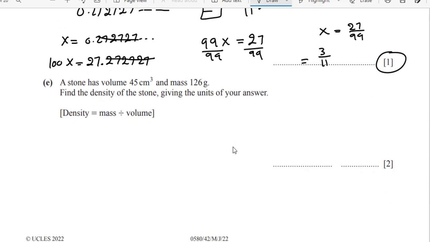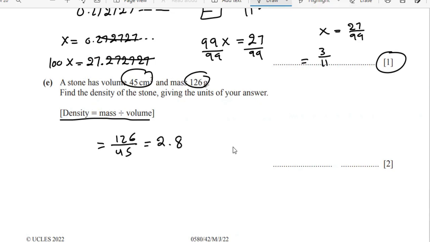The next question is, a stone has a volume of 45 centimeter cube and a mass of 126 gram. Find the density of the stone, giving a unit with your answer. We have here the relation between density, mass, and volume. So all we have to do is to divide mass by volume. The mass is already here, and the volume is already there. So all you have to do is to divide 126 by 45. Now use your calculator to get the answer. 126 by 45, which is